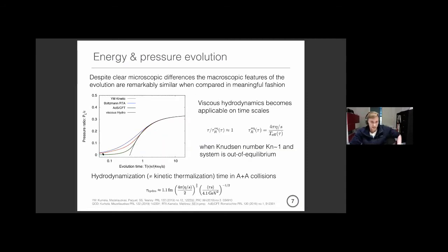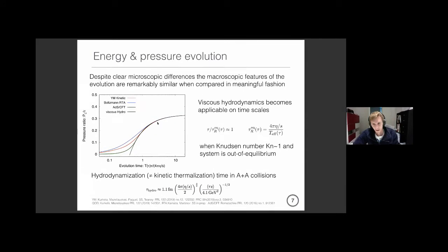So what you can see is that despite the fact that the microscopic evolution is very different, they all kind of show a very similar pattern. We're starting from this highly anisotropic state early on. The pressure actually relatively quickly builds up. So this is a logarithmic scale here. And then eventually approaches the viscous hydrodynamic